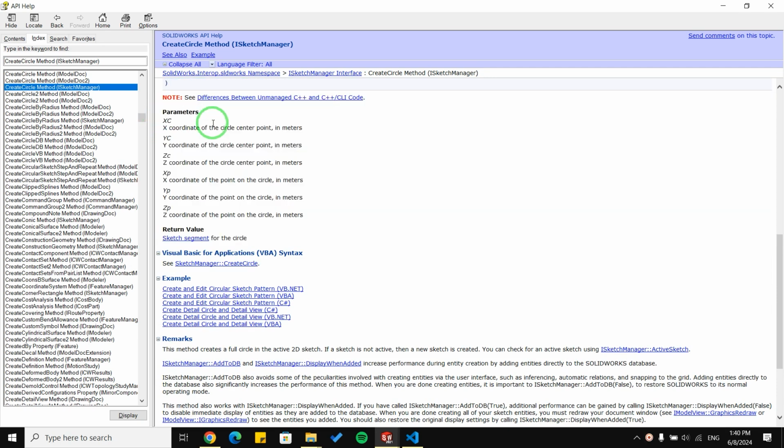It explains what each parameter does for us. So for example, XC is the X coordinate of the circle center point in meters. And for example here, XP, the X coordinate of the point on the circle. This means that using XP, YP, ZP, SolidWorks is going to calculate the radius of the circle.